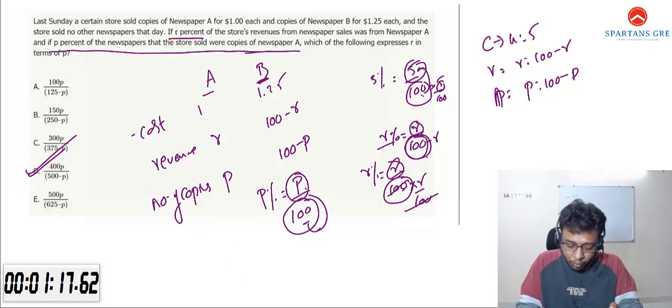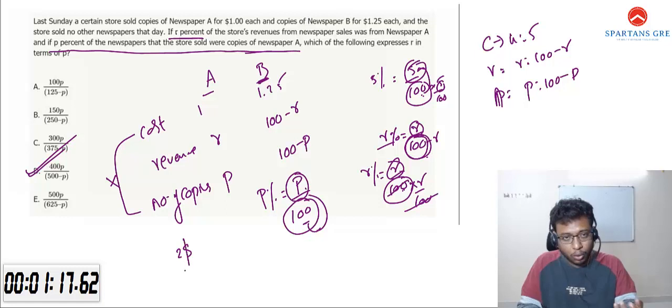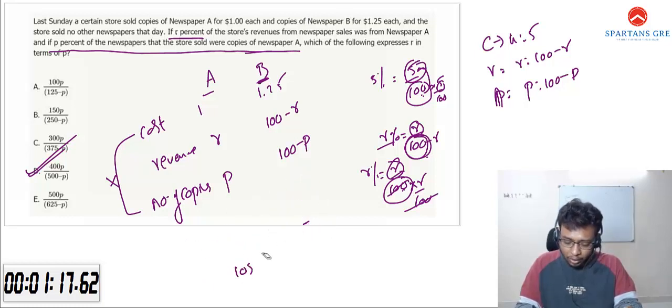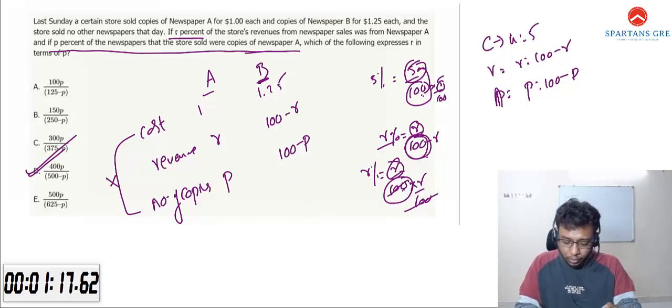Now you also know what the revenue is. You will get revenue based on multiplication of this and this. Suppose you're buying apples, and each apple costs, let us suppose, $2, and you purchased 5 apples. Then what will be your total expenditure? You will multiply both, right? 5 apples into 2, you will get $10. Similarly, here you know the revenues. You will get revenue by multiplying the cost of each paper and the number of copies sold. So you multiply these two things.